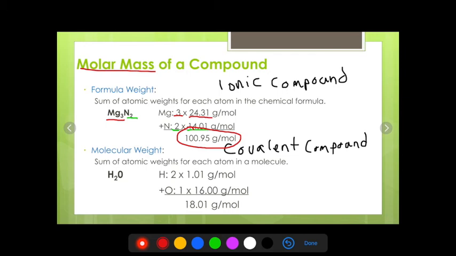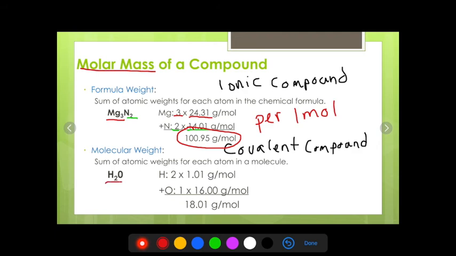And it's still per 1 mole. So what that means is if I have 1 mole of magnesium nitride, then it's going to weigh 100.95 grams per mole. So always use 1 mole for molar mass. It doesn't matter how many atoms are listed in the compound, always 1 mole. Okay, then we also have